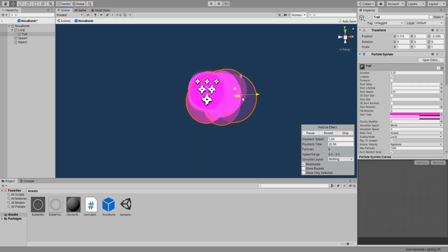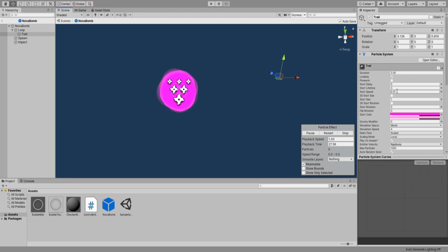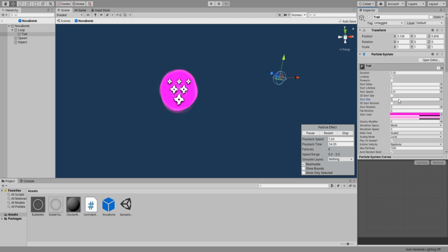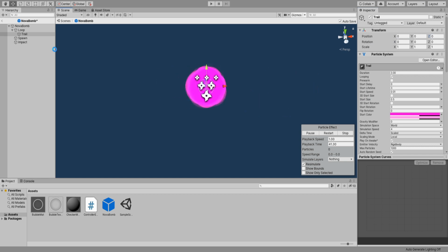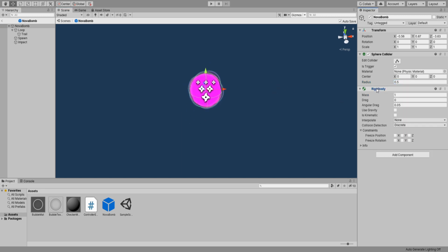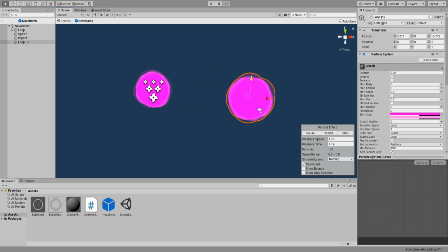We gotta fix the trail too. Set the radius to 0.2 and start size to 0.5. Alright, that's fine. Reset its position. I mean, like I said before, I could have just increased the radius, but I want my Nova Bomb to be pretty tiny. Duplicate our loop particle system and remove the trail, then move it to the side and rename